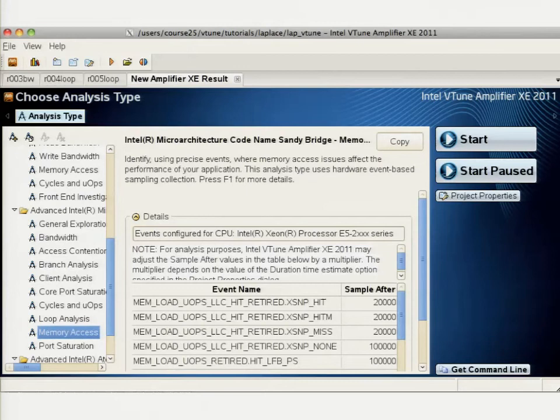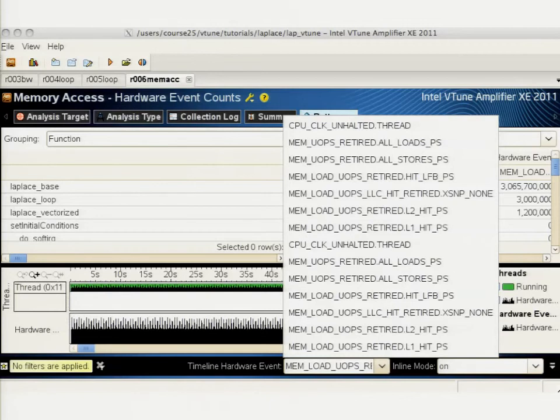The other thing which is also important, because this is something we will probably do over and over again since it's all memory related issues, is memory access analysis. And as it says, identifying using events. It collects a lot of things, so it's memory load, micro ops, lower level cache hits. So mostly the level 3 cache issues it will show. What you can do then, as you do your analysis, is select or filter by event if you know what they are. I typically look for misses